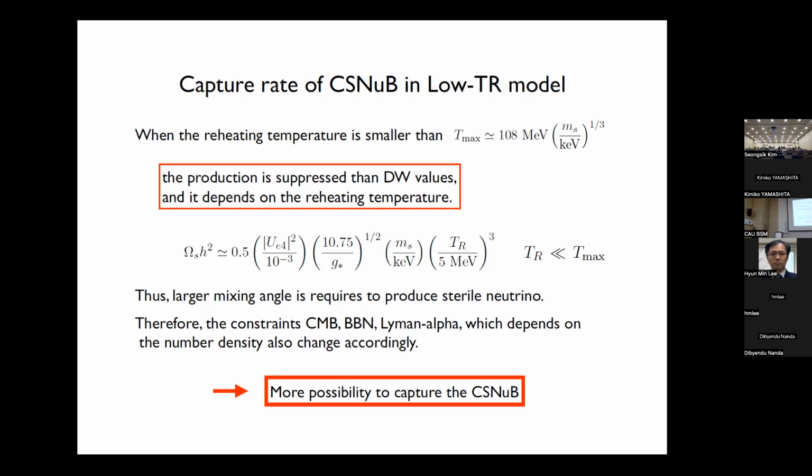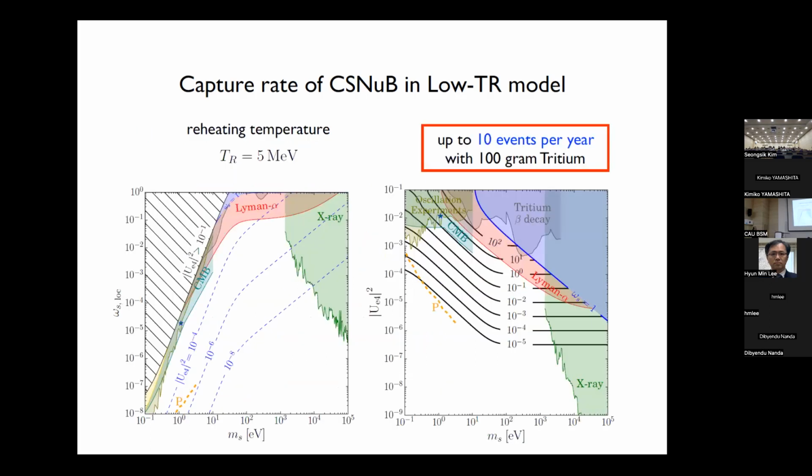So in that case, to explain the dark matter density, we need to enhance this mixing, U squared, which is zeta squared. So we need to enhance this one. For example, for reheating temperature 5 MeV, the mixing squared can be 10 to the minus 3. In that case, omega can be around 0.5. But now the mixing is very enhanced. The previous one was 10 to the minus 9, but now it's 10 to the minus 3, with the same amount of density. So because the density is the same, all the constraints from Lyman alpha and CMB are just